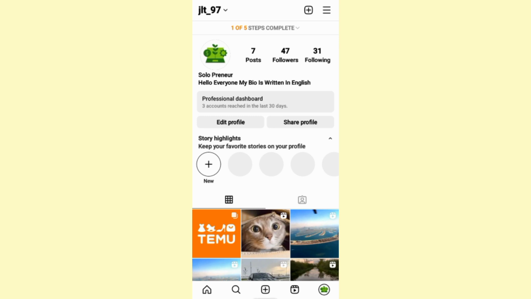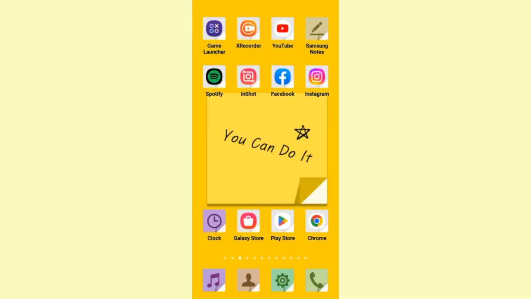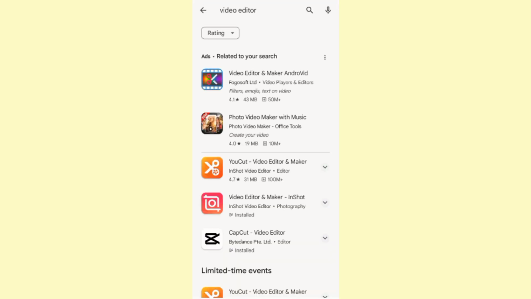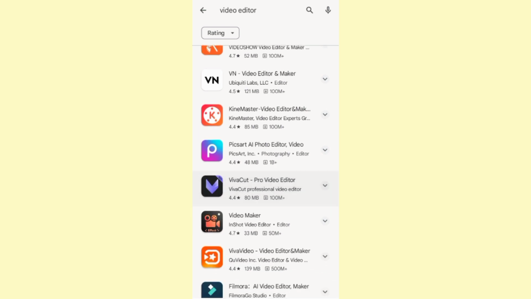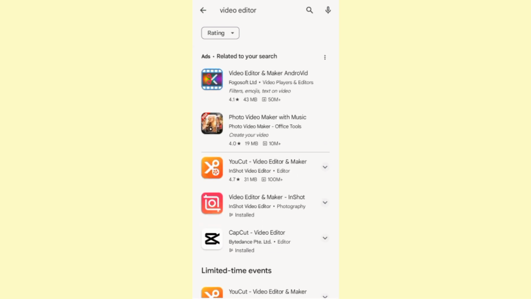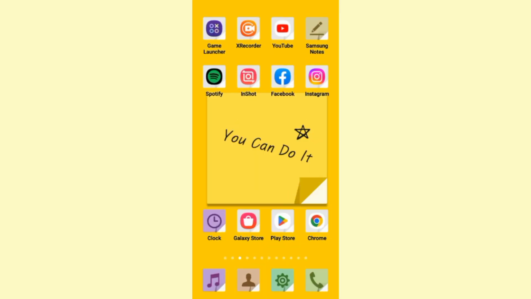So the solution is very easy, and it's to use a third-party video editor. If you open up Play Store and search for video editors, you will find a bunch of them that all work the same way and do the same job. So this means that you can use any one of them, but one of my favorites is the InShot video